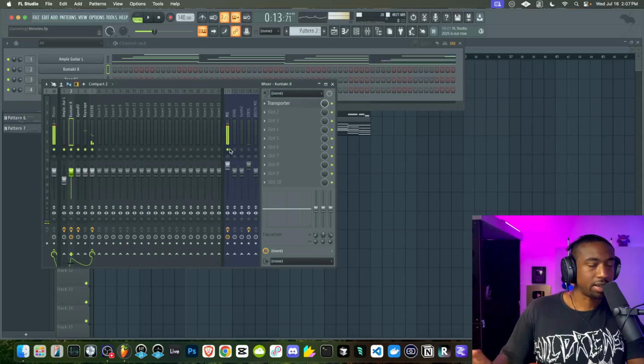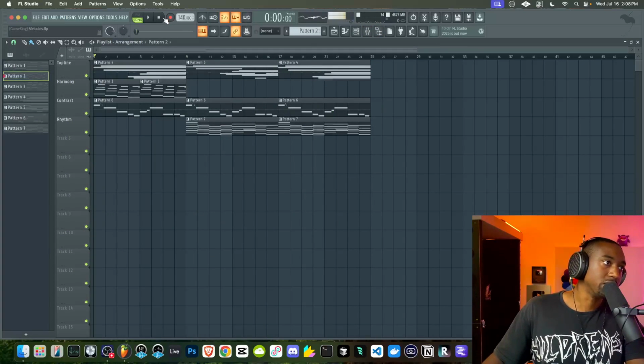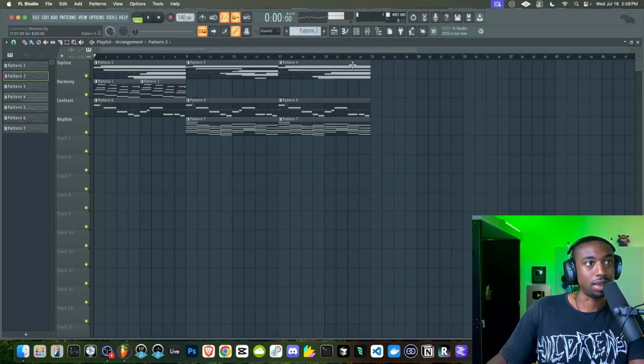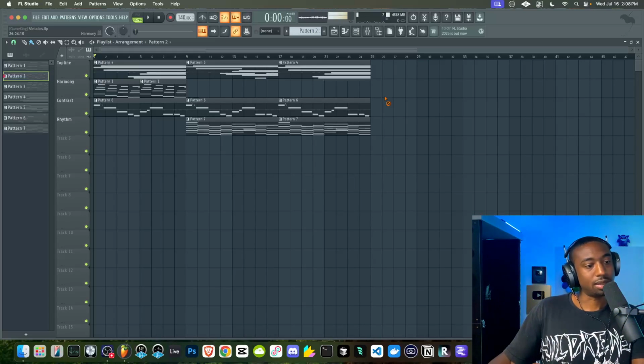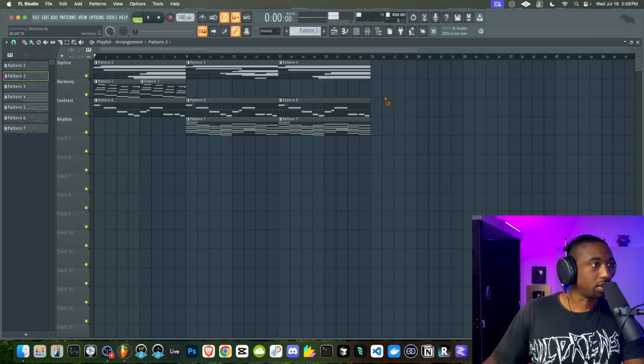Okay, so now we're just switching out sounds. I like the sound. I like to get the music done first and then swap out the sounds last. This allows me to go into straight sound design mode as opposed to composition mode.